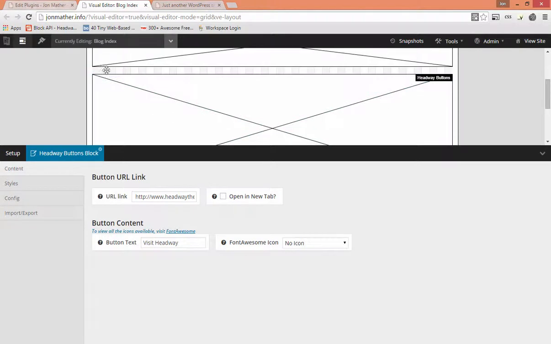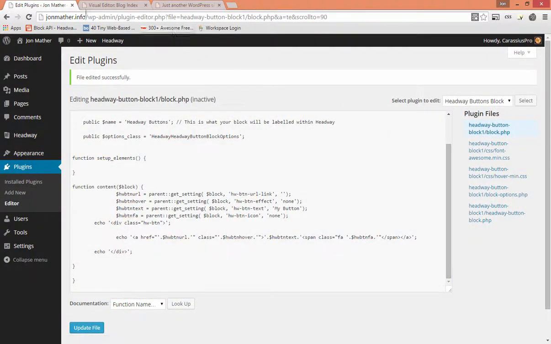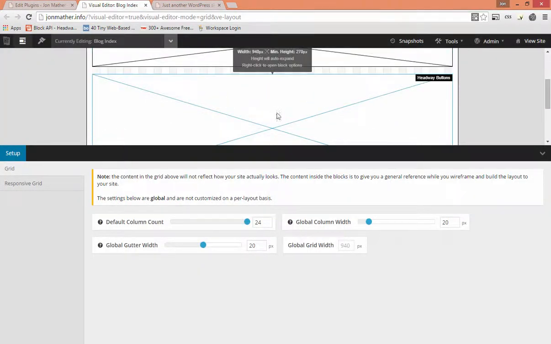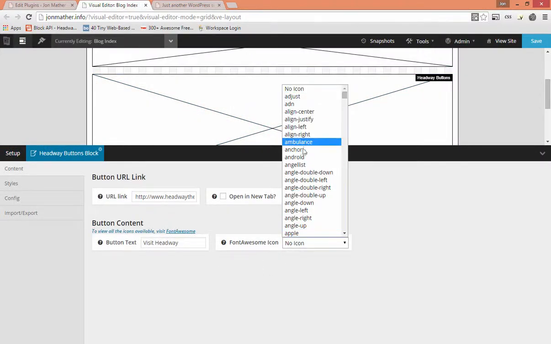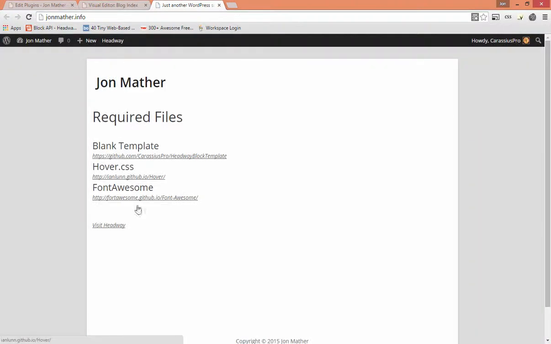Let's go back to our plugin there, our page. Control Alt Control V. Let's go update. Did that update? Yes. Let's just click it again. Check. Yeah. Let's hit refresh. Make sure it hasn't broken anything. Scroll down. Choose our Headway button, and now let's give it a nice awesome icon. Let's give it an anchor. Hit save, and let's refresh. Nothing's happening. Now, the reason why nothing is happening is because we haven't loaded the